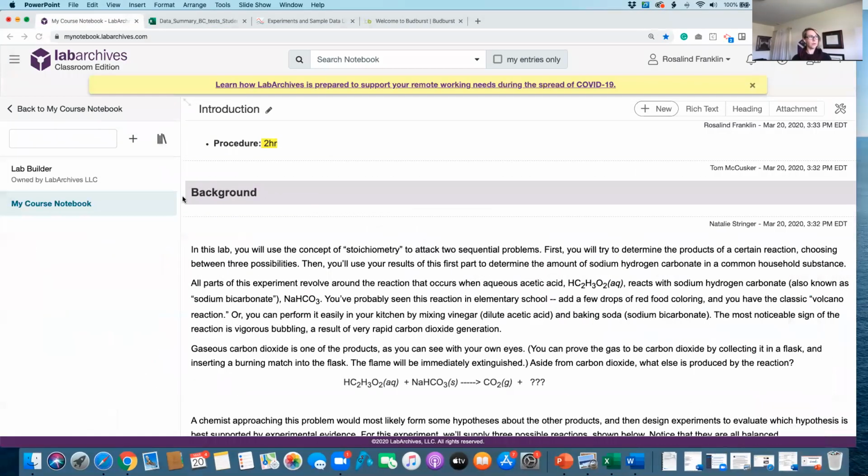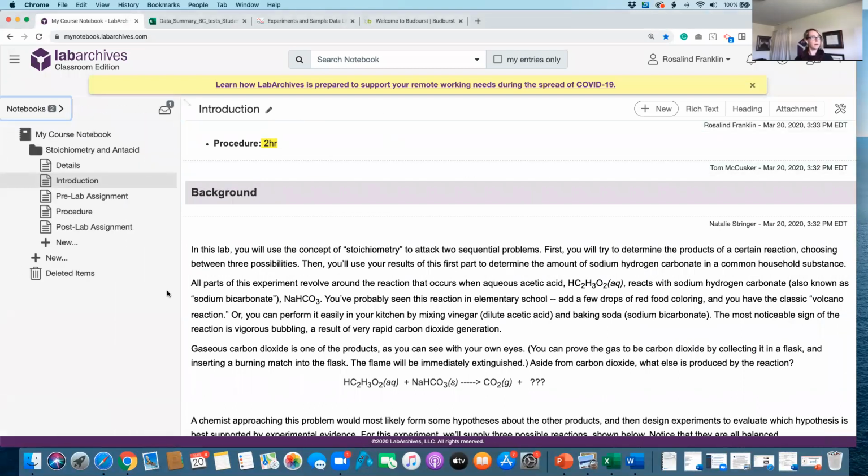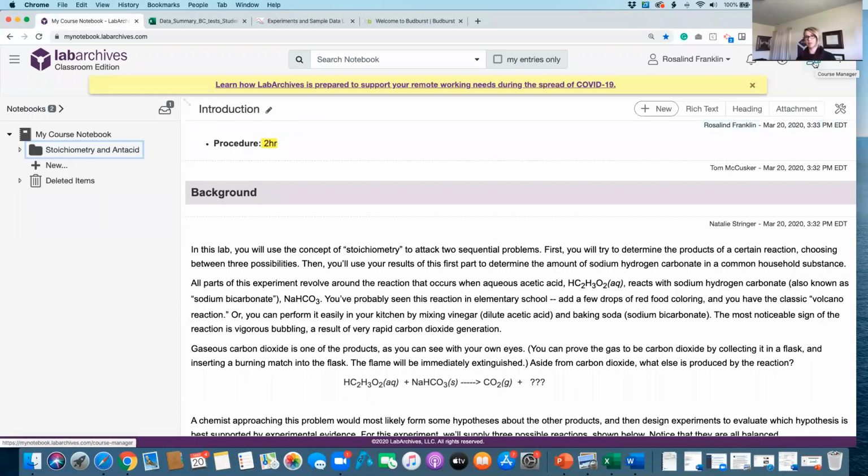Let's go back to the notebook over here. So I'm in my course notebook. I have this one folder. I go up here to the top and bring your attention to the course manager. It looks like a professor, and it's supposed to look like an instructor with a chalkboard. So if I click on the course manager,